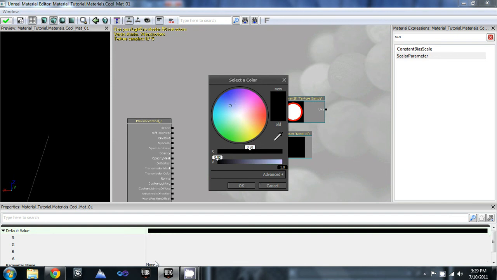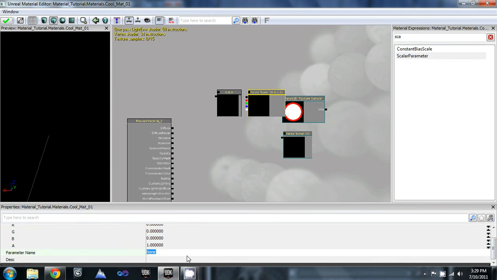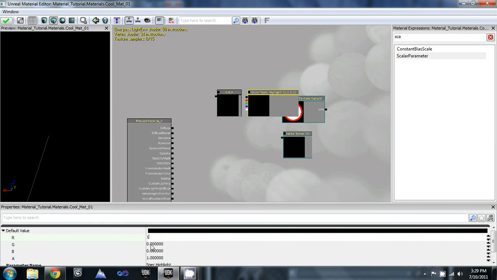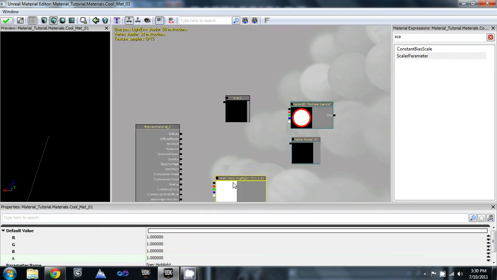But you get an alpha channel with it too if you look down here. Give it a second to think. I don't know why this thing lags so much. But come down here, and then else you have a parameter name. We're going to call this spec highlight. And we're going to give it all a 1 on all these. Sorry, this computer is just lagging like hell. And this should make it white. And what we'll do is we'll take it down here, get it sort of out of the way, and we're going to plug